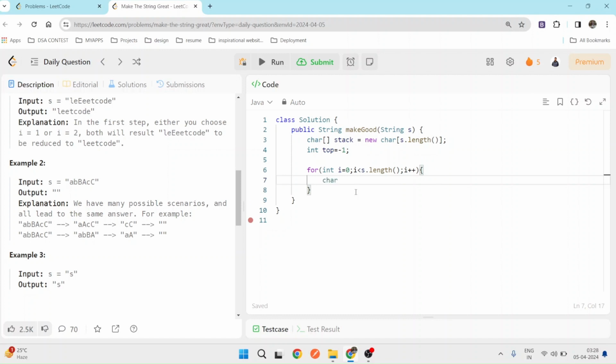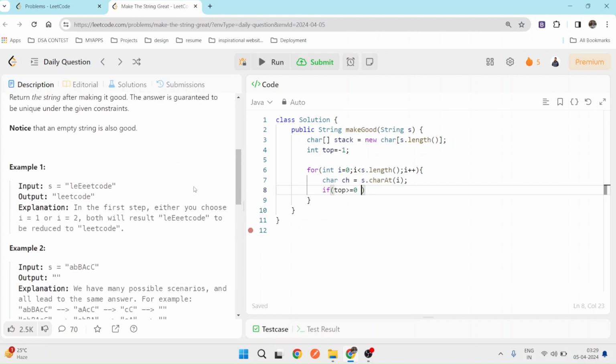We will get the character at the current index in each iteration. So we will check if top is greater than or equal to 0. This is the condition for popping an element from the stack.